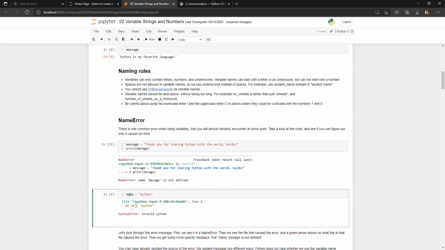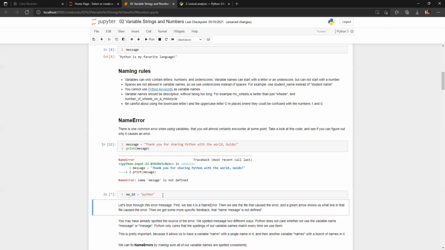But if I write an underscore here and run this, it runs. Why? Because I'm declaring the variable in a proper format. I'm using letters and underscore, and I can use a number also here.